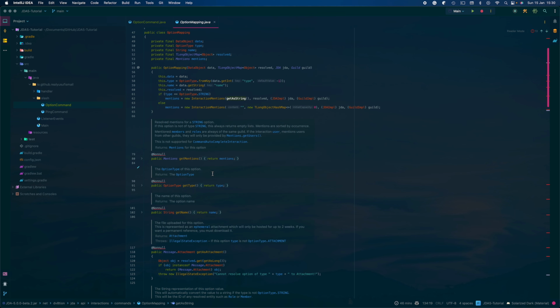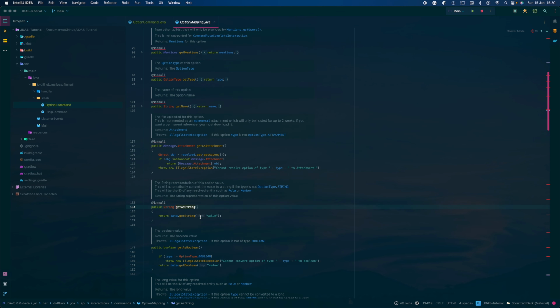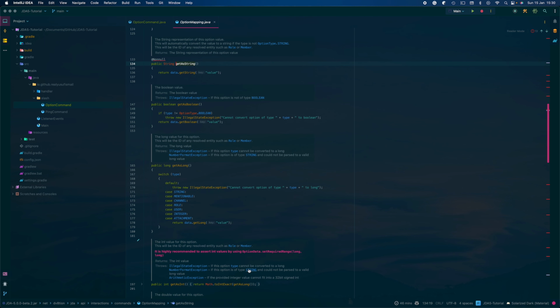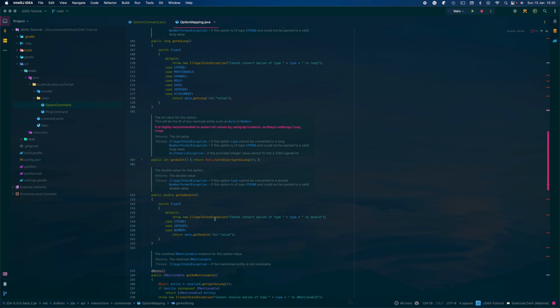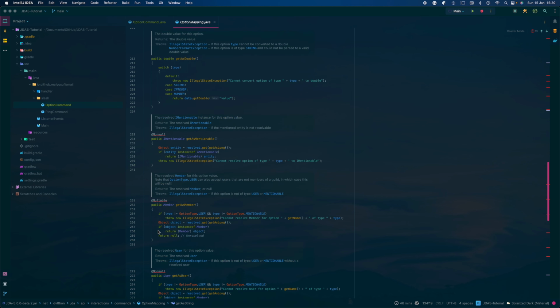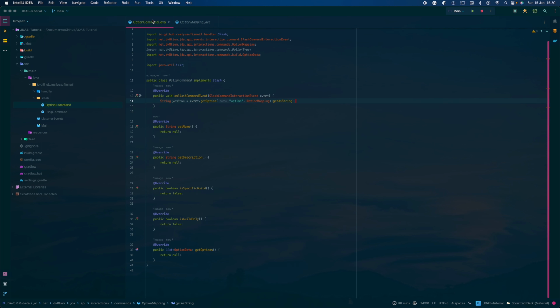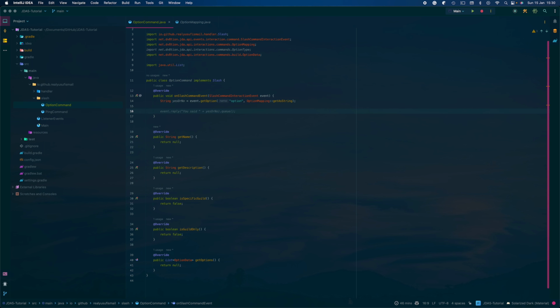there's this code. You can easily put option as an attachment, string. That's basically just a file attachment, boolean, true or false, long is just a big number, int, just in double, and you can also have mentionable, which is mention user, member is like doing slash get user info on the member. So in order to do that, it's yes or no,